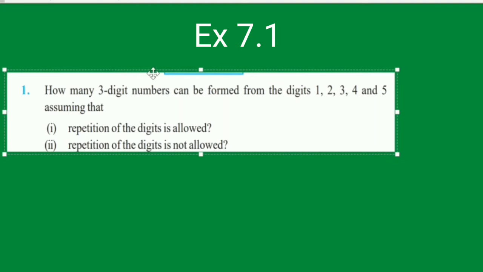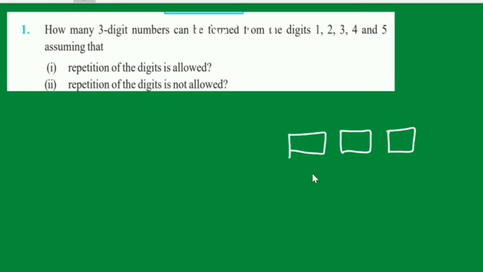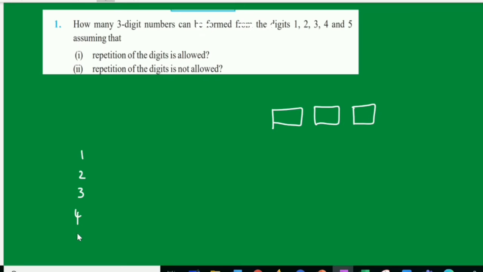So it's a three-digit number. You're going to form a three-digit number. First there are 5 digits given. You can use either 1 or you can choose 2 or 3, 4 and 5. So the first place, because there is no 0, I can use even the hundreds place. If there is 0, I cannot use 0 here, because if I use 0, it will become a 2-digit number. So I can use either 1 or I can use 2, 3, 4 or 5. I can choose one of these.